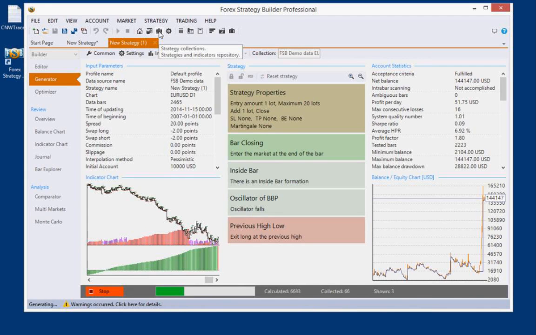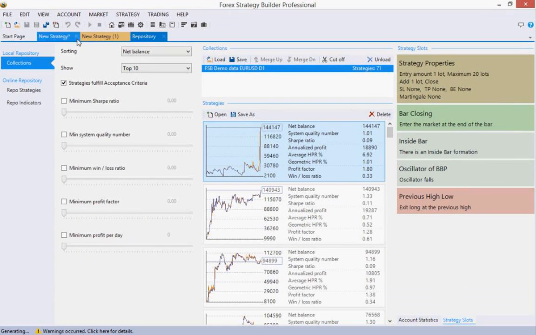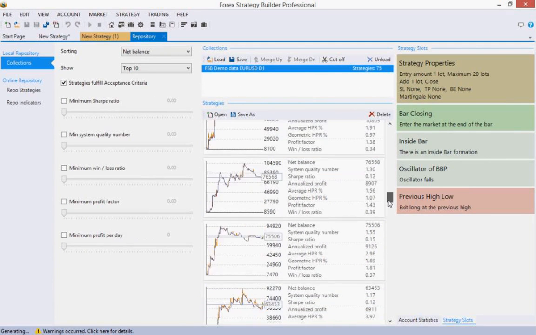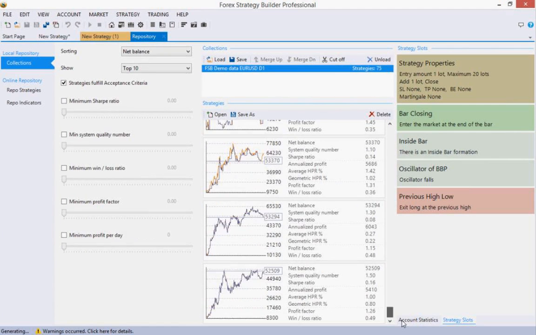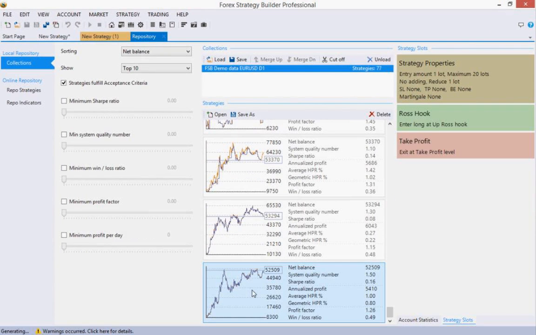And we can go here to the repository. This icon that shows something like books, and we see here the collected strategies. So the generator is running here, and it pushes the strategies to the collection, and we can see the strategies. For example, if you like a strategy, let's say this strategy, when you click on it, we see the strategy